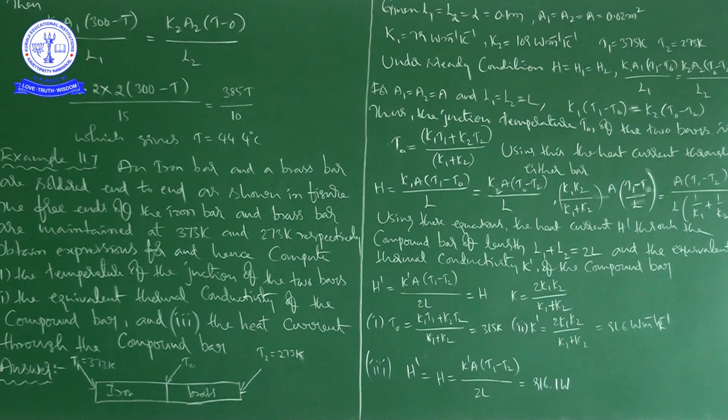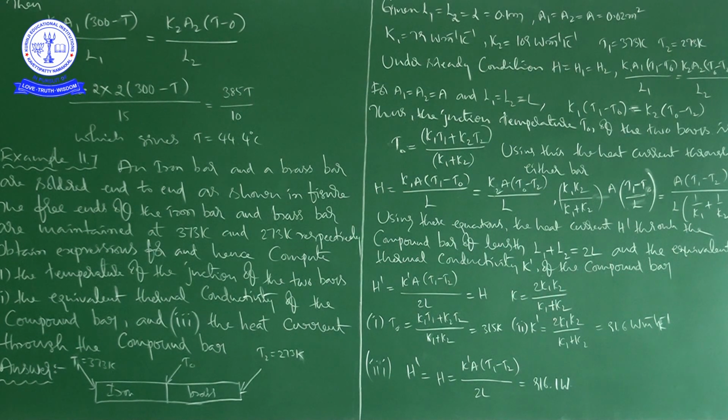From that, the mathematical treatment of these two relations will give us K1 K2 by (K1 plus K2) into A into (T1 minus T0) by L. Just in place of K1 only we are writing this. After completion of that, this is the same as A into (T1 minus T2) divided by L into (1 by K1 plus 1 by K2). Using these equations,